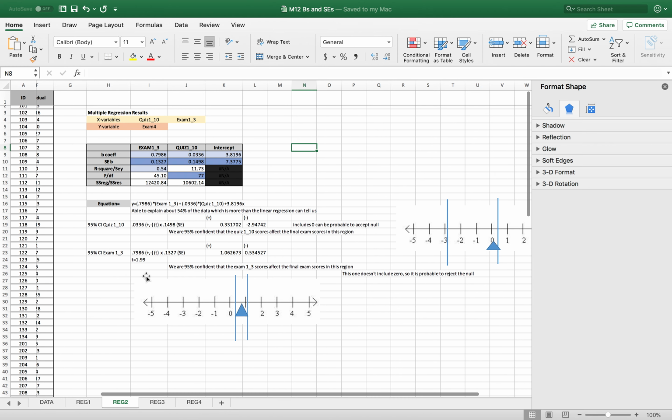So for the next one, I did the exams. I did the same thing, and my upper is right here, and here is my lower. And I said we are 95% confident that the exam 1 through 3 scores affect the final exam scores in this region. This one doesn't include 0, so I'd probably reject the null,